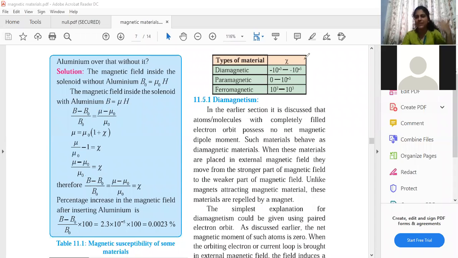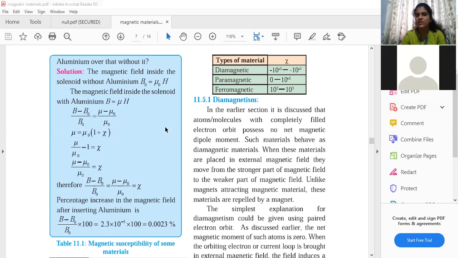But instead of doing all those calculations, we can simply try to get this formula as equal to x, and we can do that by using this particular equation. So at the end I can write down that all these things are equal to the susceptibility. It is equal to x, and we already know the value for susceptibility. They have given 2.3 into 10 raised to minus 5, but we are supposed to find percentage, right? So we will do into 100. 10 raised to minus 5 into 10 raised to 2 will give me 10 raised to minus 3. So if I shift the decimal point, this is the answer that I get.